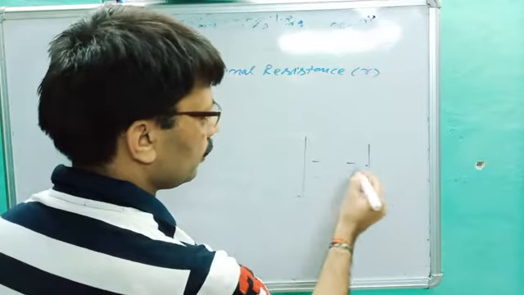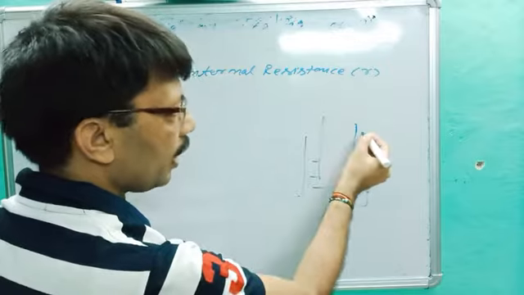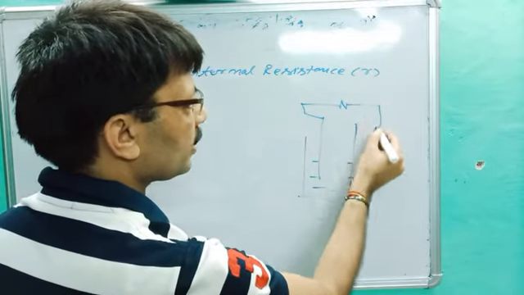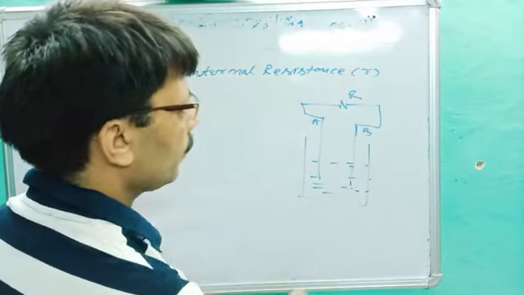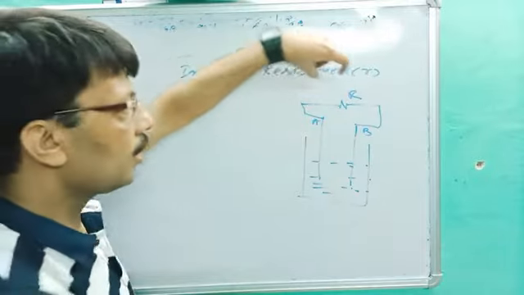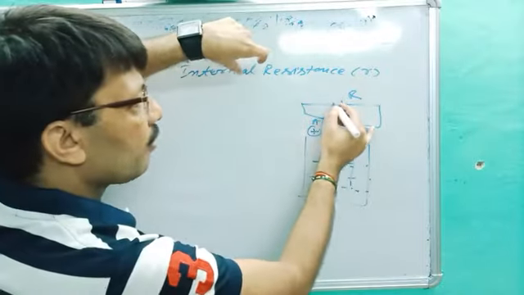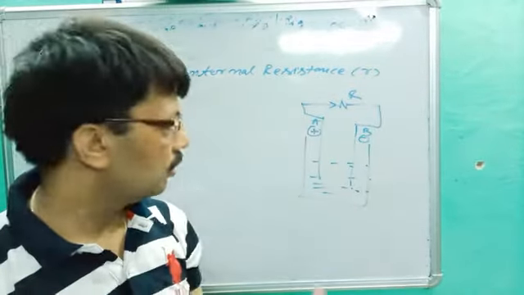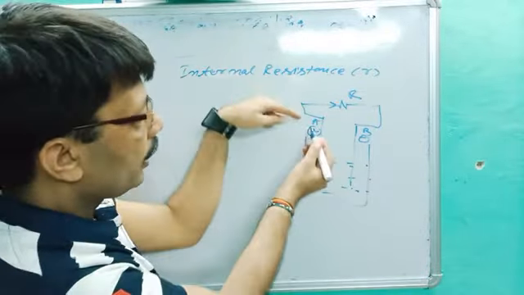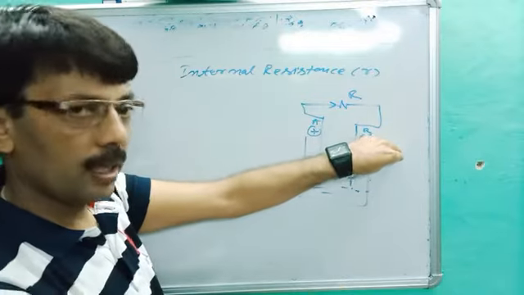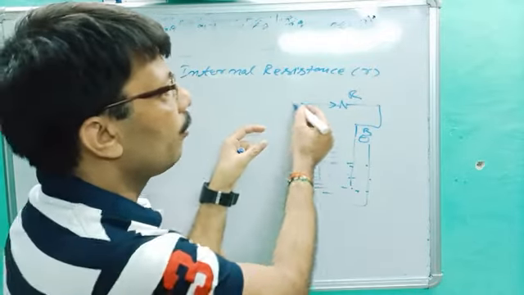This is any cell filled with electrolyte, having electrodes, anode and cathode. Let's suppose external resistance capital R is connected. This is A, this is B, and this is the electrolyte. When we connect the wire of resistance R, you already know this is positive and this is negative. This is anode and this is cathode. Current is drawn from positive to negative. Very easy. This is the cell, and the electrolyte is here, positive and negative. This is anode, this is cathode, and you already studied this in chemistry. When they are connected by your resistance wire capital R, current is drawn from positive to negative.